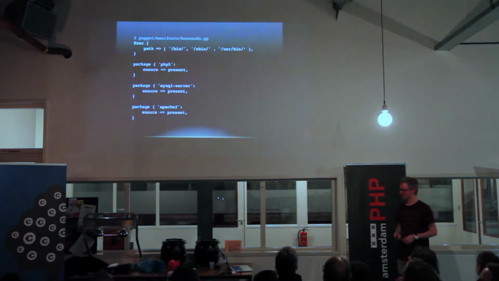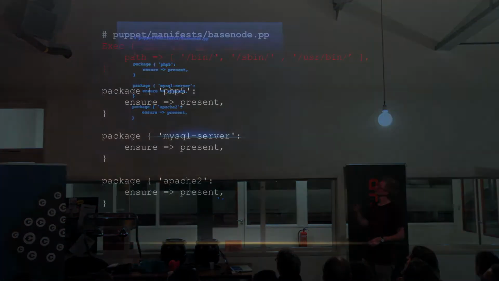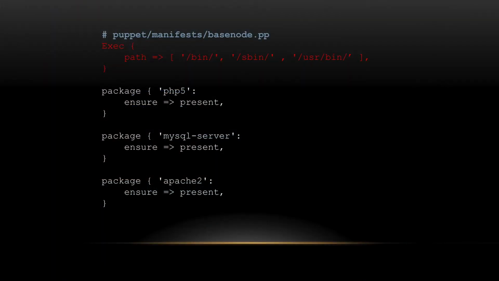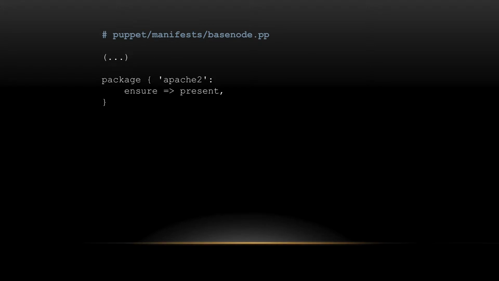This is what your first Puppet manifest could look like. The first thing you do is set some path, so you don't have to include the whole absolute path for every command you type in. So this makes sense. And the really interesting part are the three things below. The packages. We zoom into just the Apache one, just one of them. What we're doing here